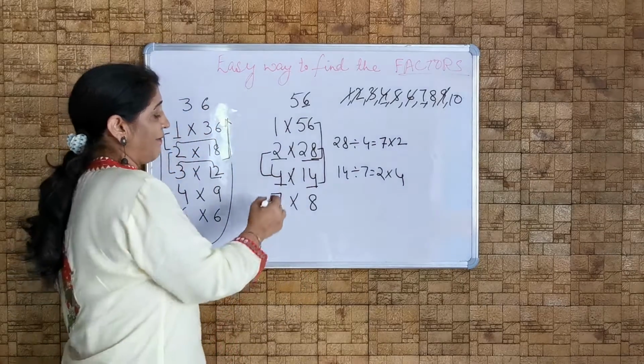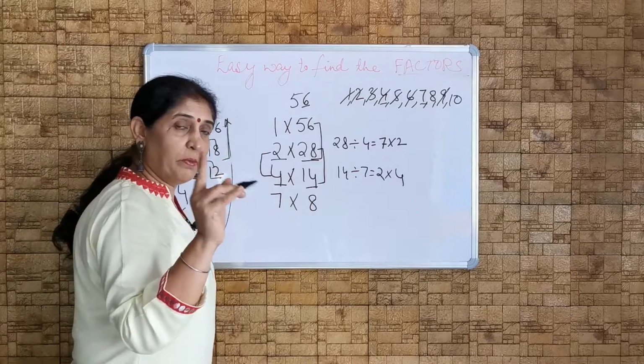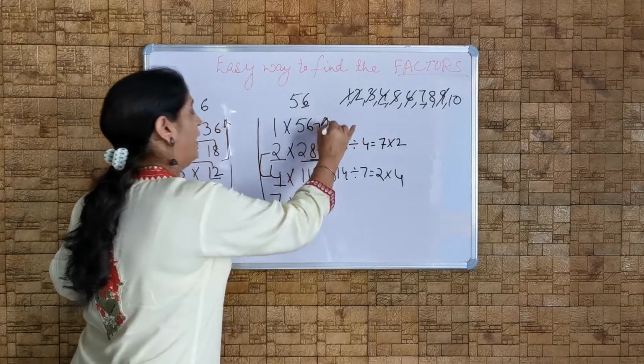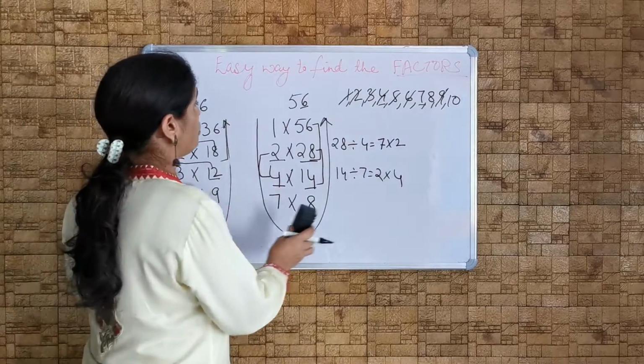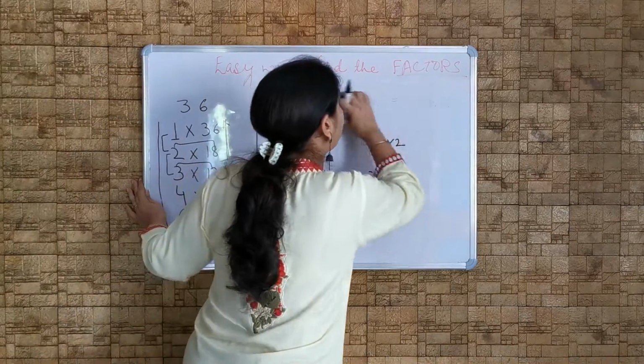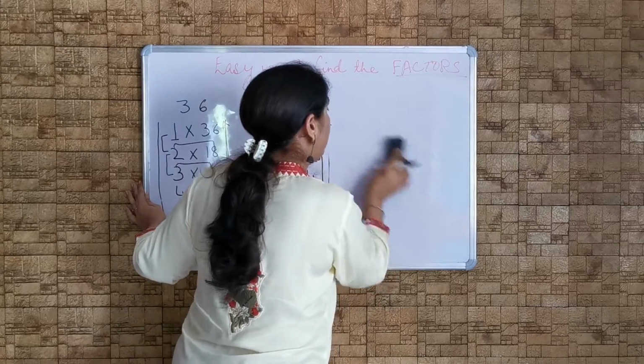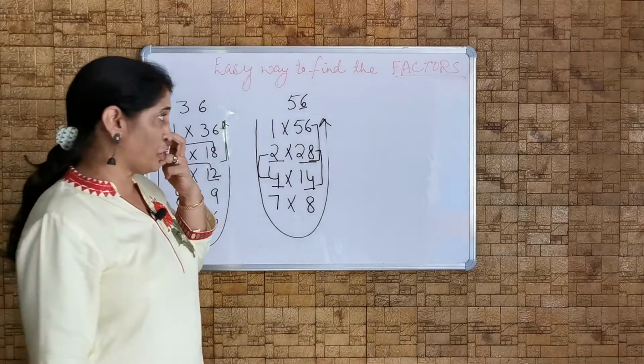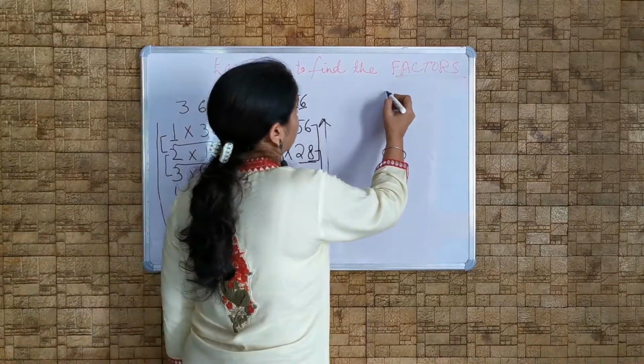So, children, 7 and 8, there is no number in between. The sum gets over here. I am going to teach you another sum. Now, another number will be given to you, and let's take out the answer of that also. Now, I take number